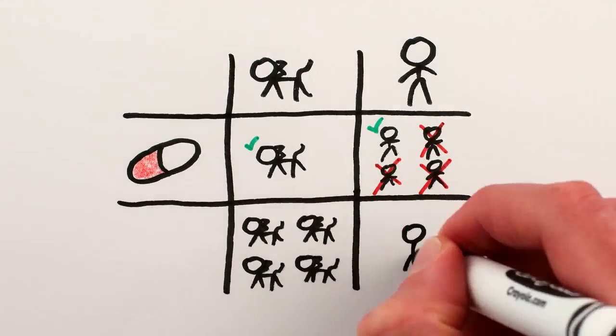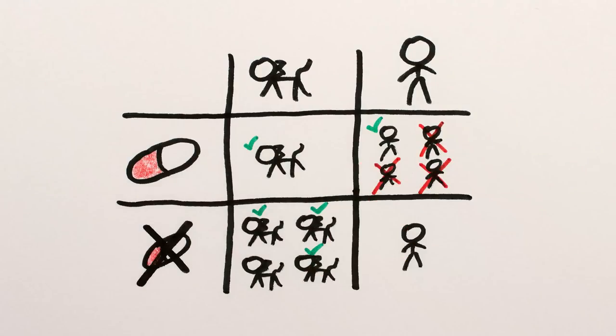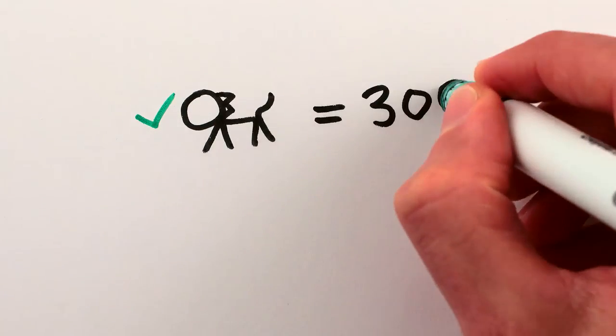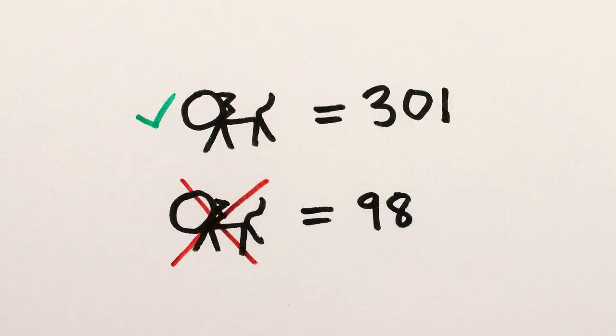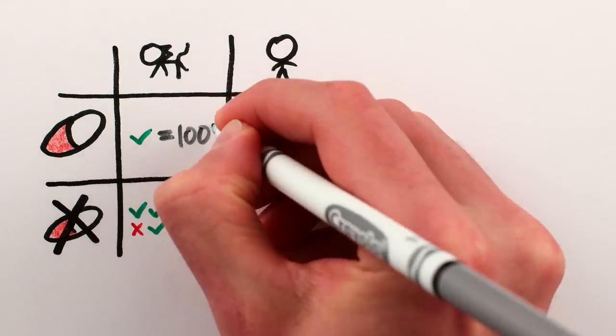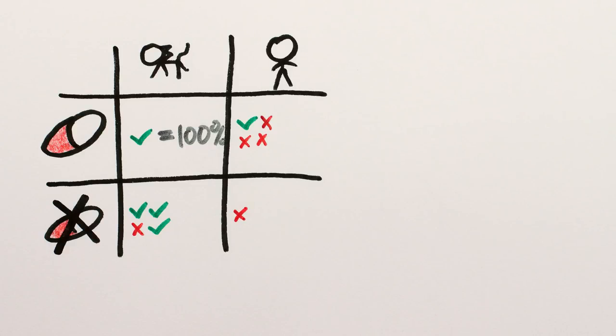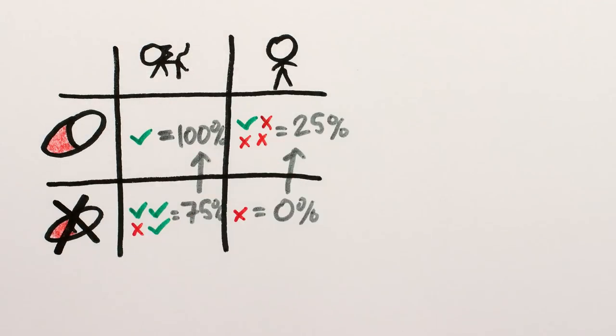And of 4 cats and 1 person we don't treat, 3 of the cats recover while 1 cat and the person die. In the real world, these numbers might be more like 300 and 100 or whatever, but we'll keep them small so they're easier to keep track of. So in our sample, 100% of treated cats survive while only 75% of untreated cats do, and 25% of treated humans survive while 0% of untreated humans do, which makes it seem like the treatment improves chances of recovery,